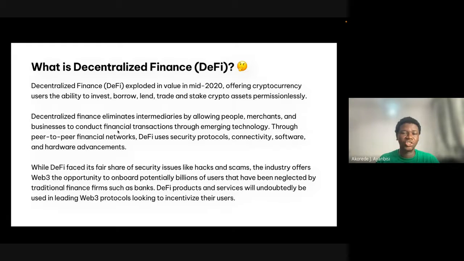So the industry offers Web3 the opportunity to onboard potentially billions of users that have been neglected by traditional finance firms such as banks. DeFi products and services will undoubtedly be used in leading Web3 protocols looking to sensitize their users. So, like I said,